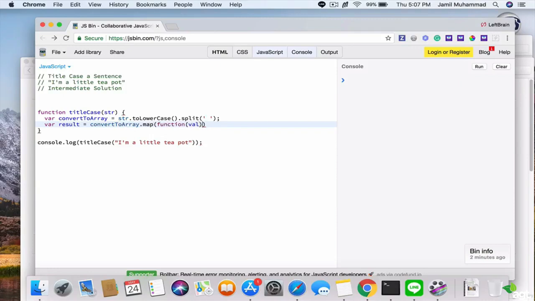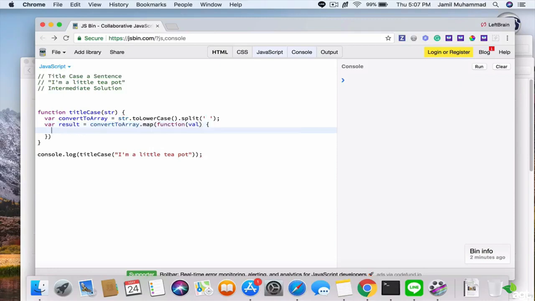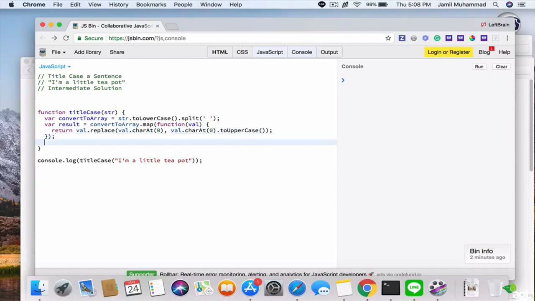function(val), and then in between here we're going to use the keyword return val.replace(val.charAt(0), val.charAt(0) again, and then .toUpperCase()), and then we're going to do the semicolon here as well, and then underneath we're going to do return result